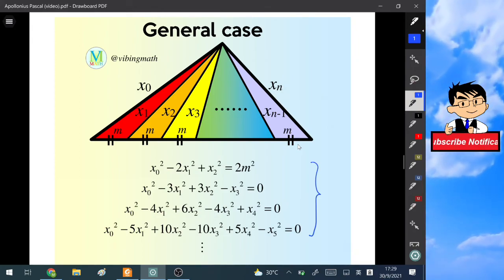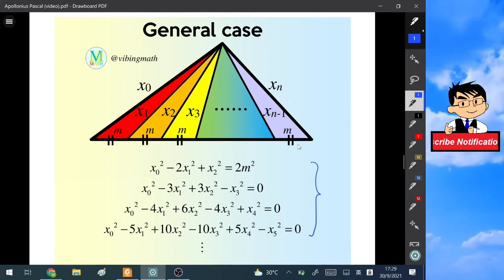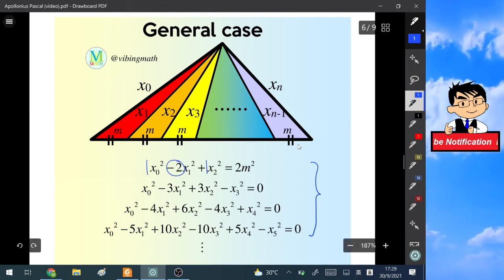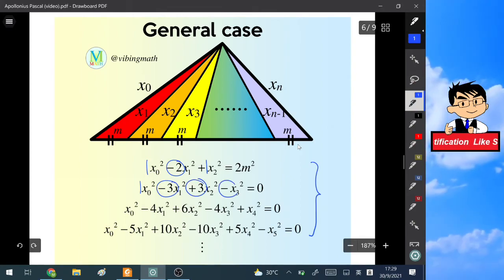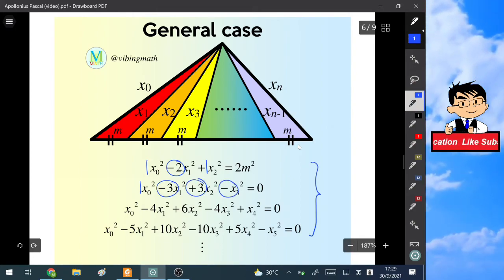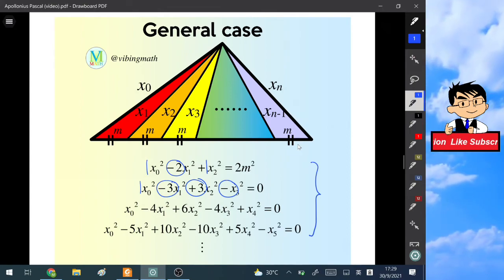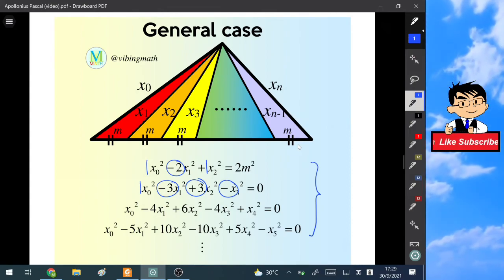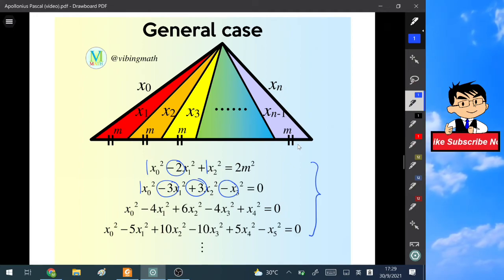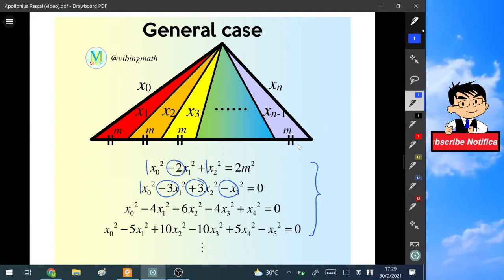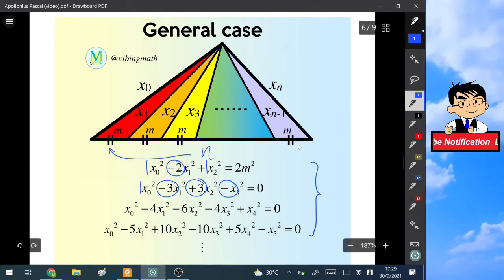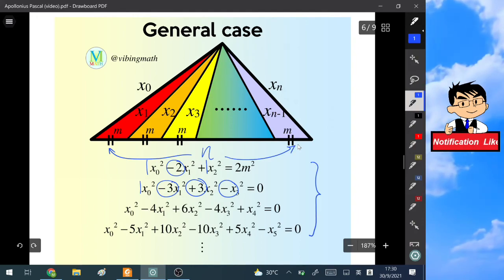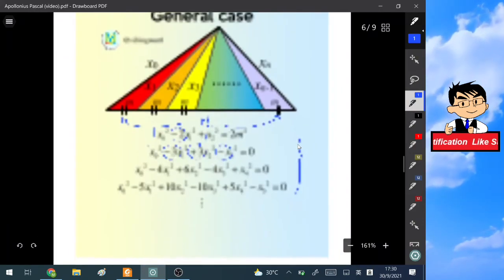The binomial coefficient in the first line, the 1, negative 2, and 1. The second line is 1, negative 3, positive 3, and negative 1, and so on. And this is exactly the same as the Pascal triangle, but with alternating sign. So if we continue the process, if we divide the base into n parts, like the picture above, we can write a general expression for the